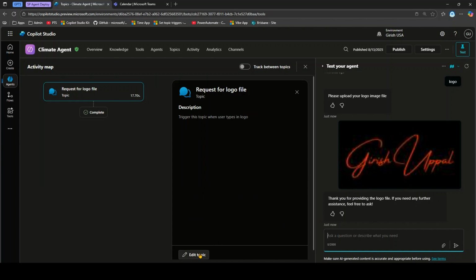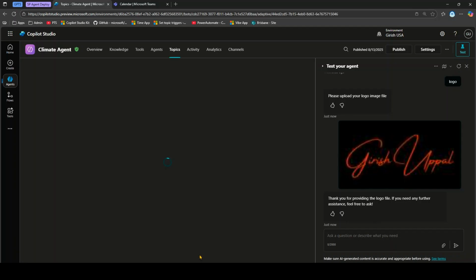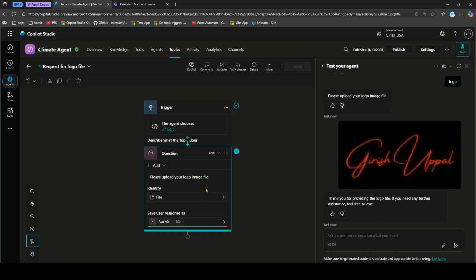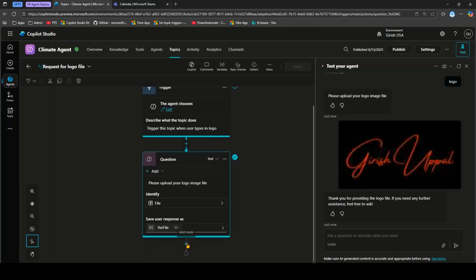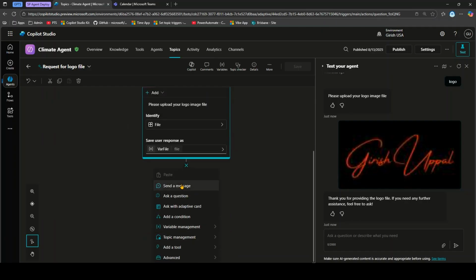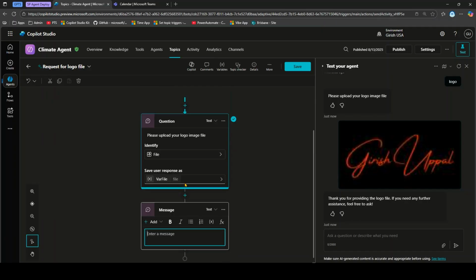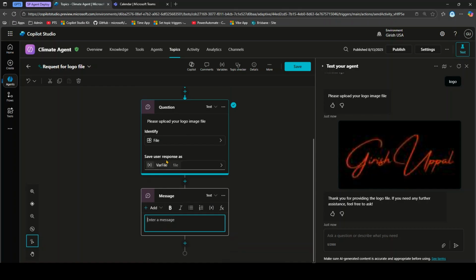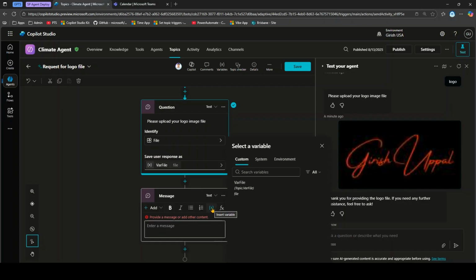Now, I won't cover it in much depth, but let me just edit a topic and show you in one of the message nodes how to extract the information. Now we have this output in var file. So this is a var file. It's of type file. Now this is the attachment which has been added into the system. So if I go into this variable over here, I can directly